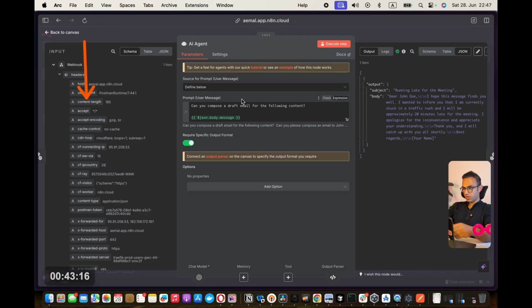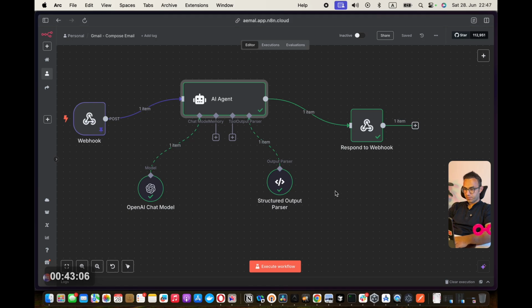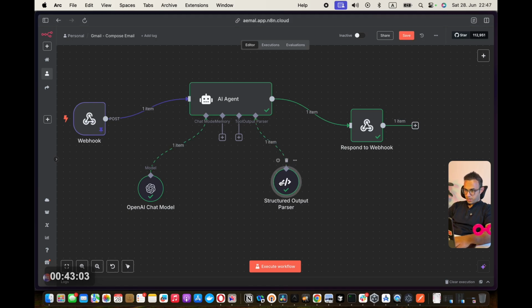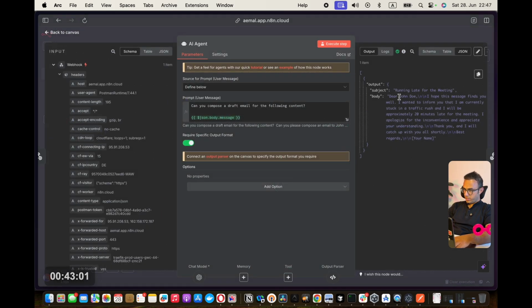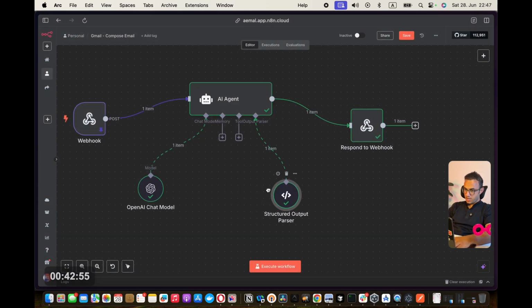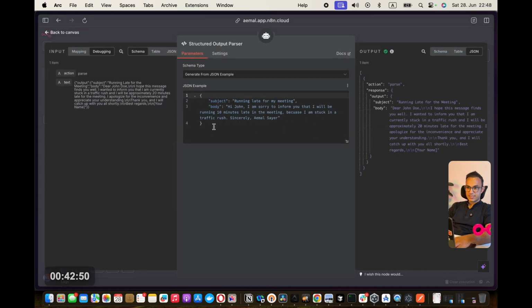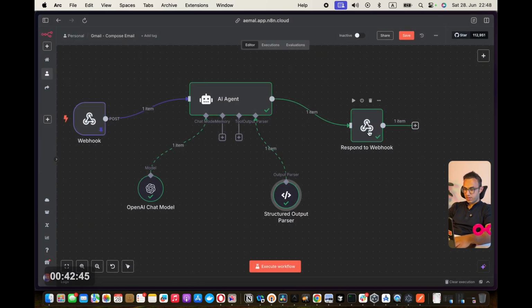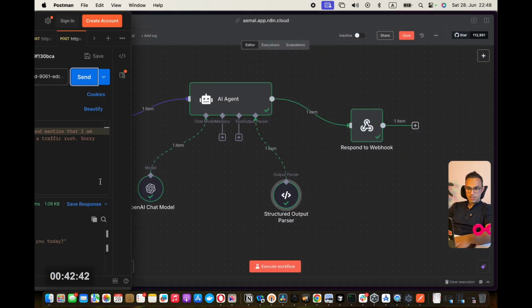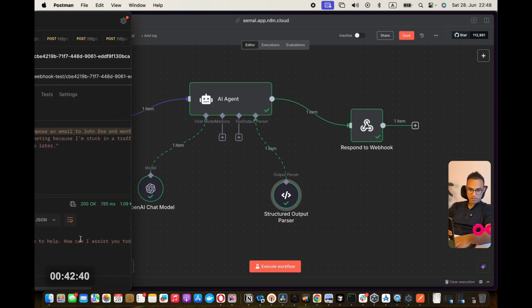And I can see here, the output is now in a JSON format having output, subject, body. So it's pretty much cleanly done. The output that we see here, subject, body, was enforced because of this toggle button, and the LLM learned it from the sample example that we provided. And therefore, the output here was like, thank you.